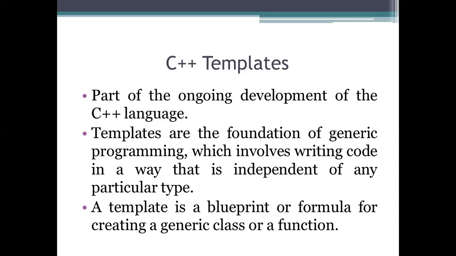So we will write the code here. If you see a particular data type, for example, if you want to sort numbers, which are integers, then we have to write the code for integers. If you want to sort data of alphabets, that is characters, or if you want to take names, that is strings, we have to write the program for them in a different manner. That means we need to maintain different codes for different data types.